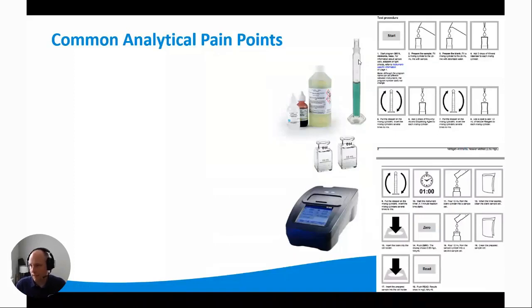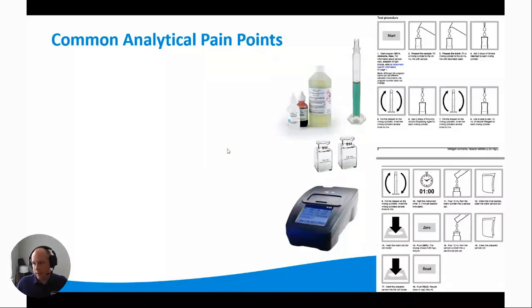I will point out that this reagent here, this tall bottle, is Nessler's reagent, which is 5 to 10% mercuric iodide. So it contains mercury, which is obviously not a healthy reagent to be dealing with, either for humans or for the environment. But that is part of the traditional approved method.